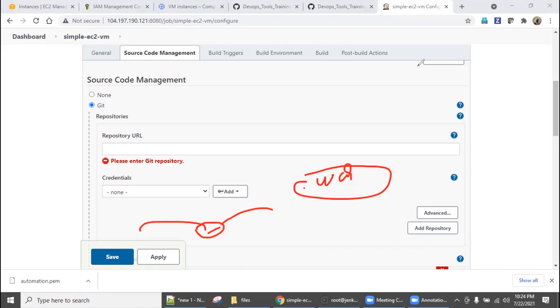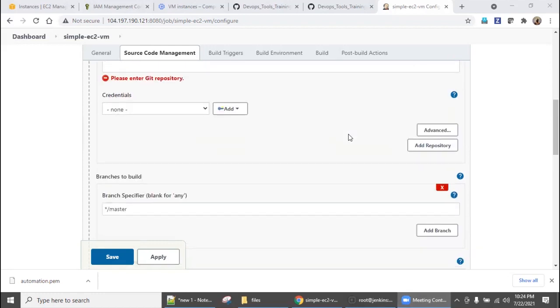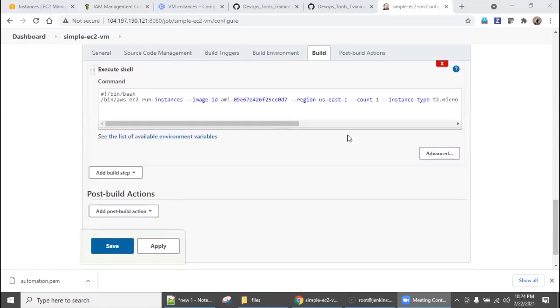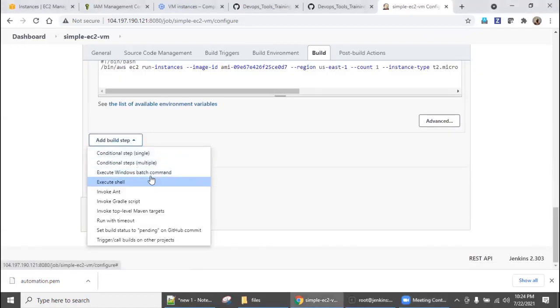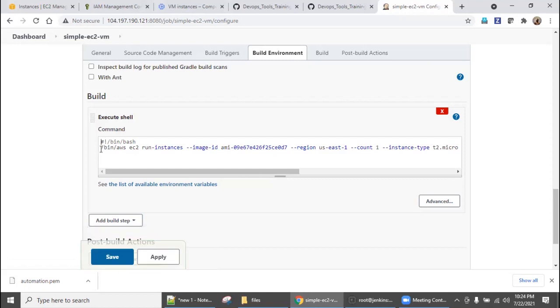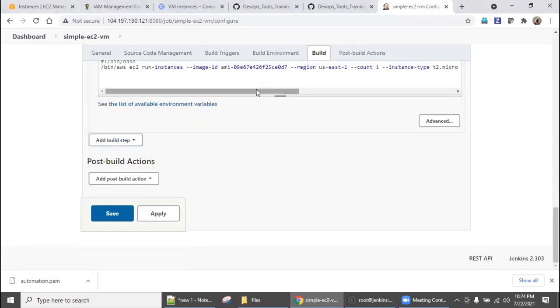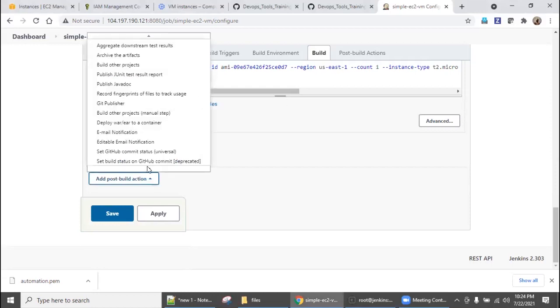So you need to plan, but the thing is how you want the pipeline, right? Before this shell, you can even say invoke Gradle script, or you can assign the specific instruction before the shell itself, or after this instance creation, you can even say build the WAR file to the container.